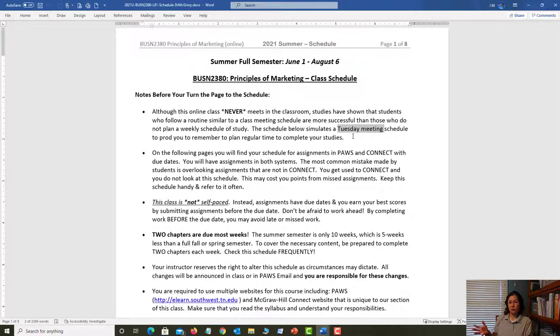There's also a lot of research that says, quite simply, out of sight, out of mind, right? We've all experienced that. I've been an online student, I've taught online for a long time, and I know how easy it is to get focused on the things that are in front of you. So the theory is that if you set in your mind, I've got class on Tuesday, so I have to finish everything Monday, it'll help you stay on task. Our week is basically going to start on Tuesday since the semester starts on Tuesday. All right, so that's the first thing to know.